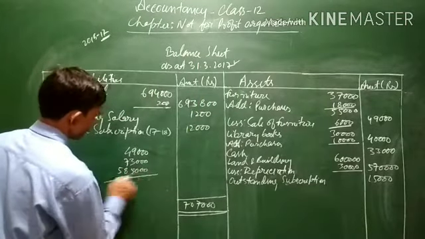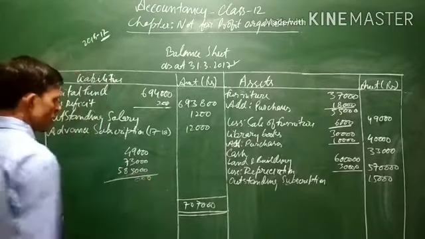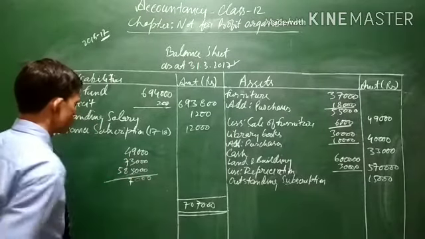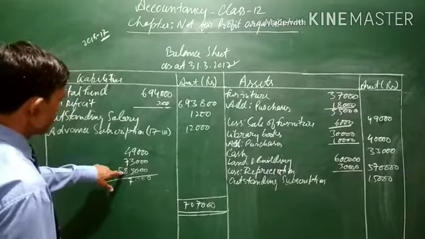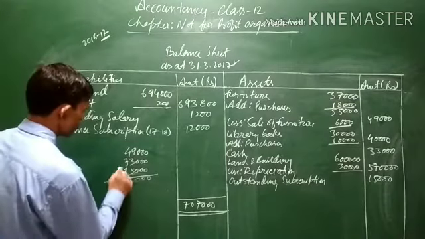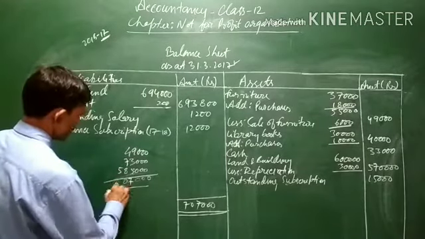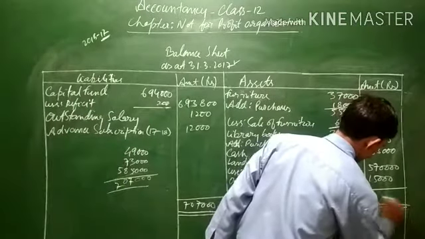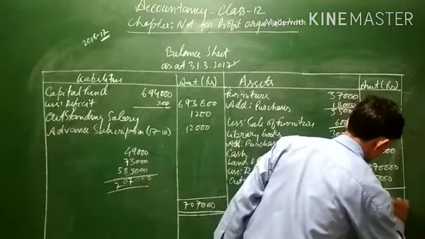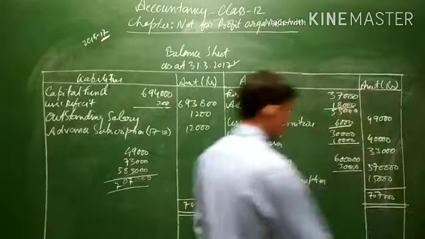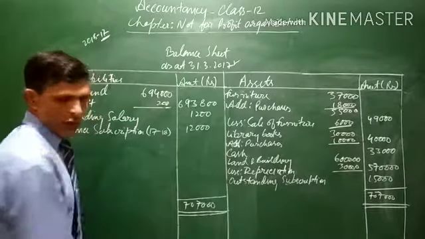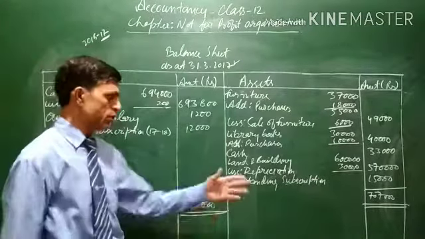The total comes to 7,07,000. Yes, again this side also 7,07,000. This is the total of the balance sheet, which is also given, and now we can say that since the total of the balance sheet is also